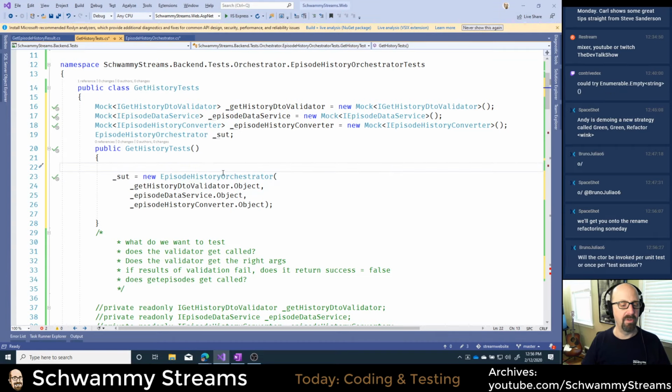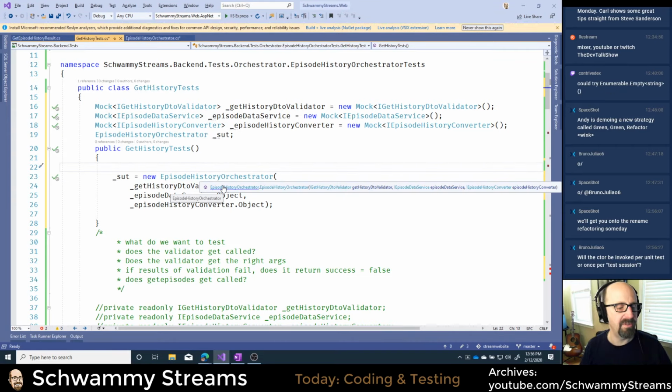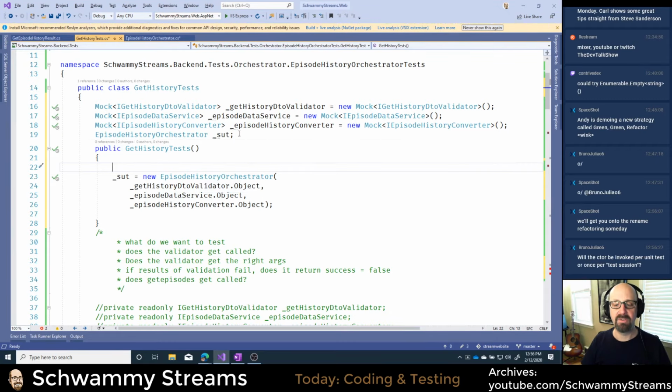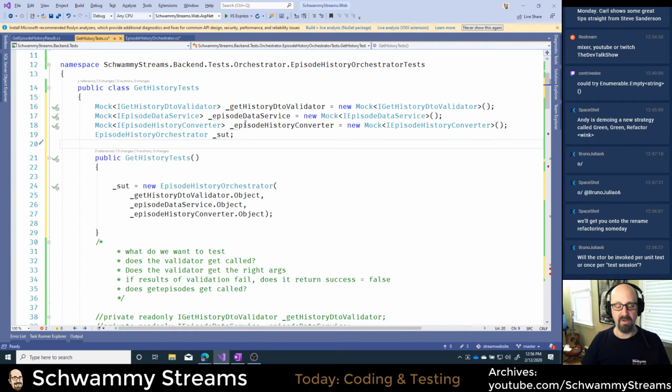Okay, a question: will the constructor be invoked per unit test or once per test session? Bruno, thank you. That is a great question, which I honestly would not have thought to answer if you hadn't asked it, because I know the answer, and I don't always think about these things. Different frameworks handle things differently, and this is where we want to be careful. I said originally, it doesn't matter if you use Moq or some other framework in its place, but the frameworks do behave differently.